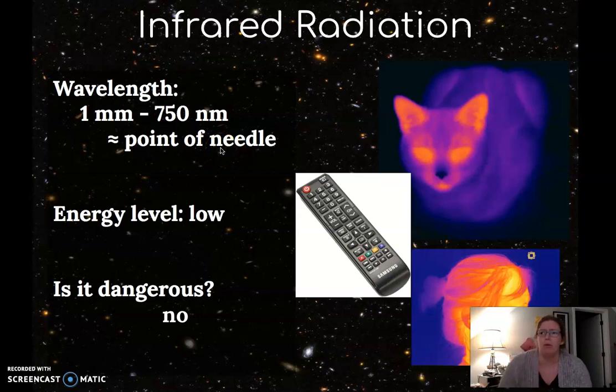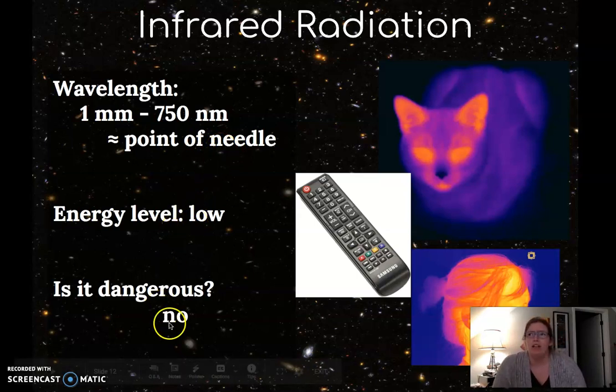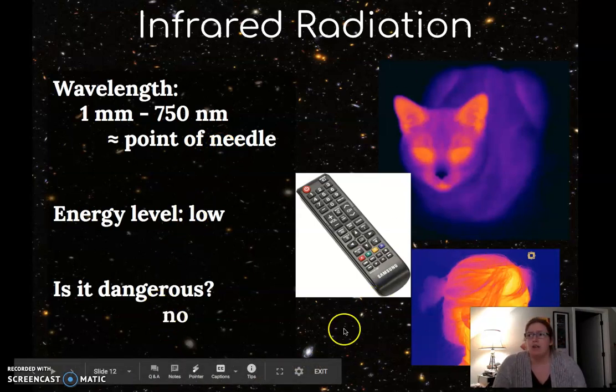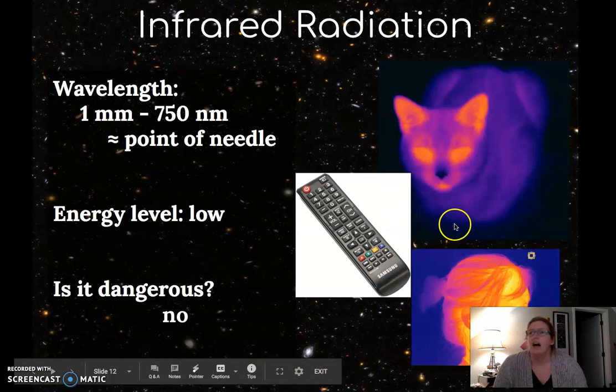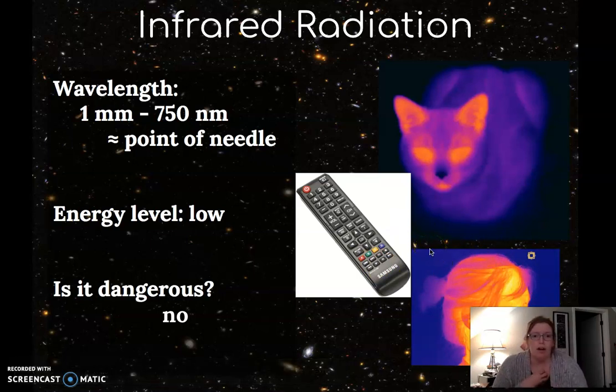It's like that tiny little point. It's a pretty low energy level, and it's not really dangerous. You saw these uses in Emerson Foo's excellent video again. Oh, you can't see this person's mask. Infrared radiation is something that now in COVID times, we are considering using